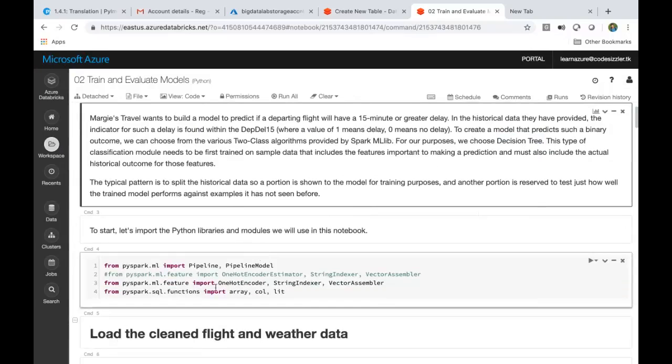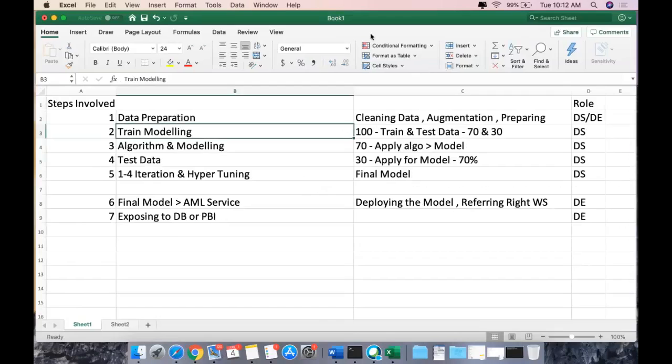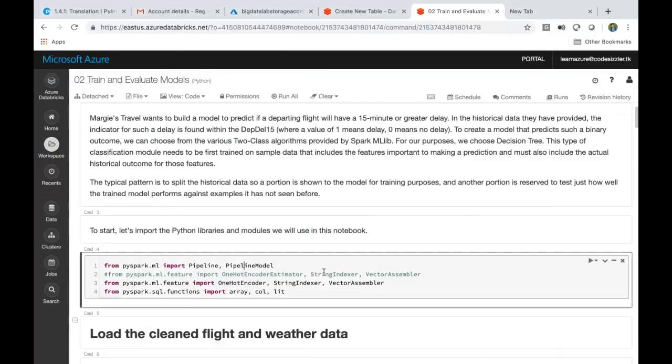So see here, we are doing some pipelining here. What is pipelining? Anyone can tell me what a pipeline can be? Okay. See, a pipeline is basically like in ADF, right?